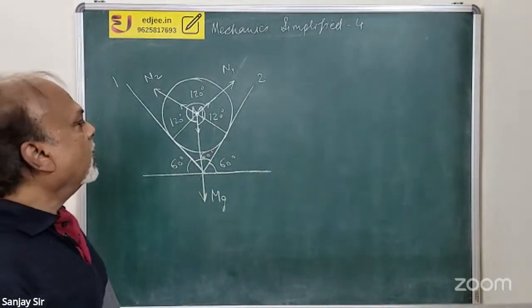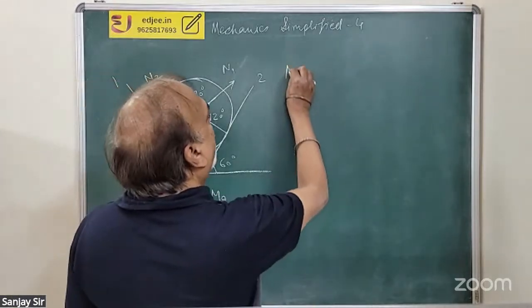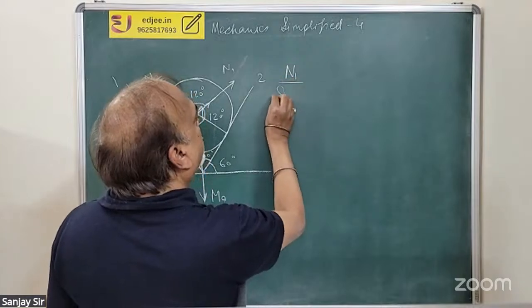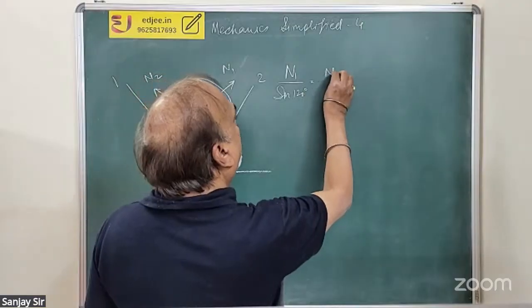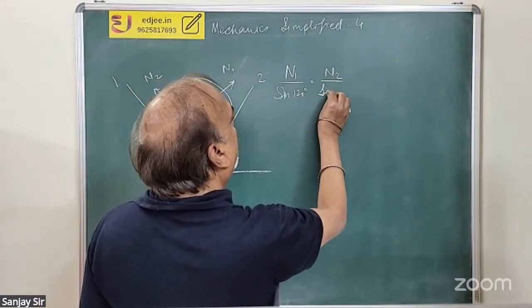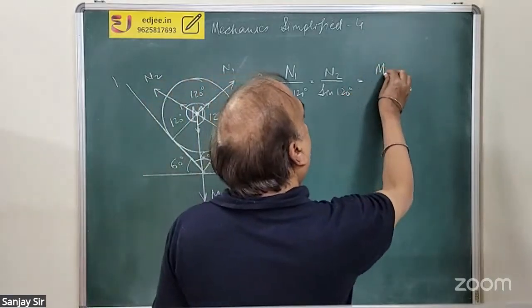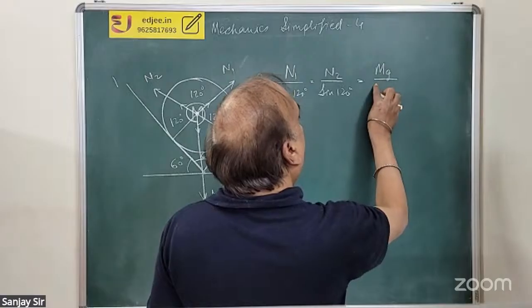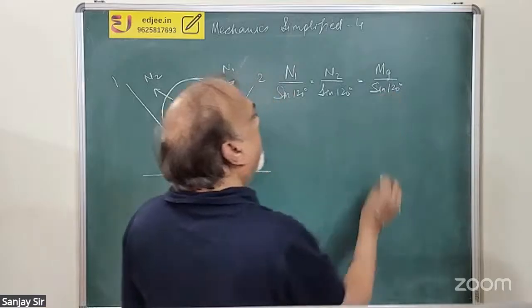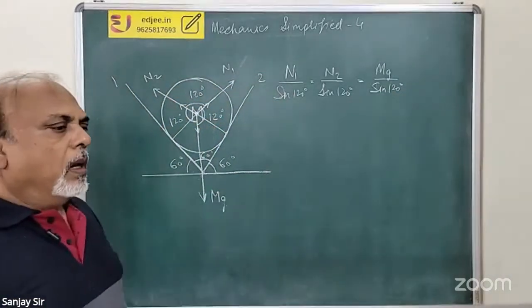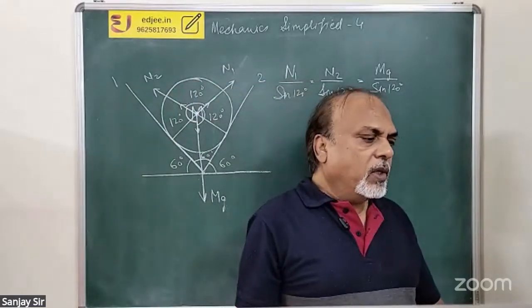Correct? So here, what will happen? N1 by sine 120 degree